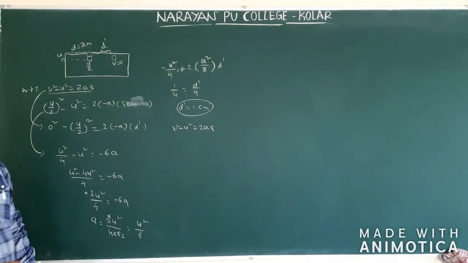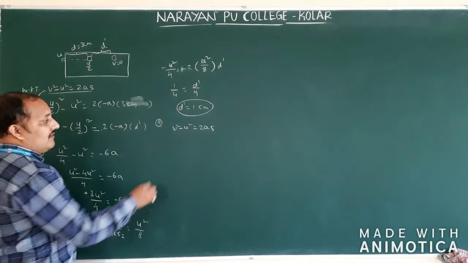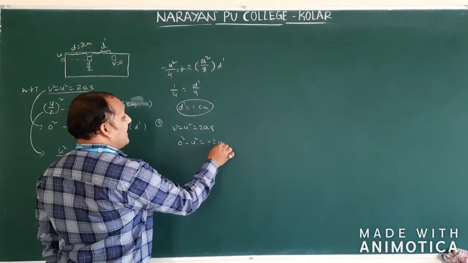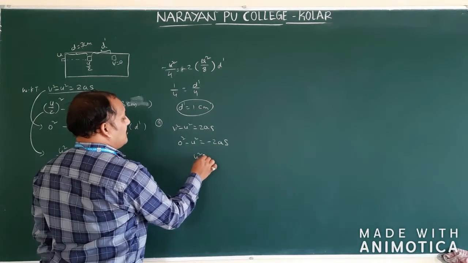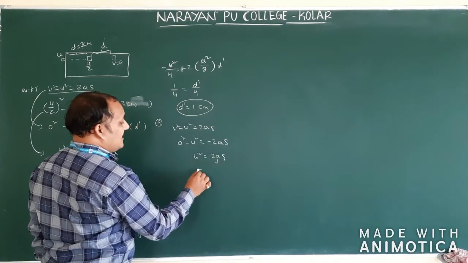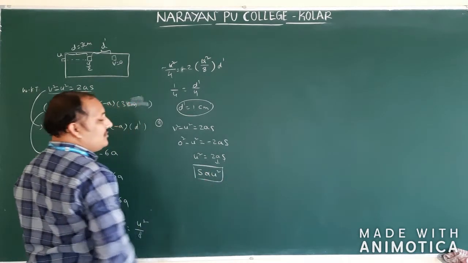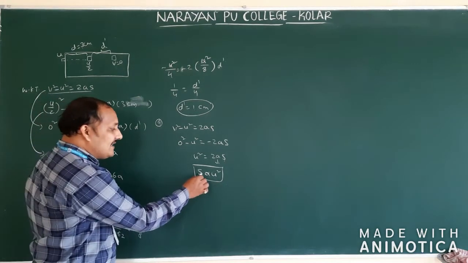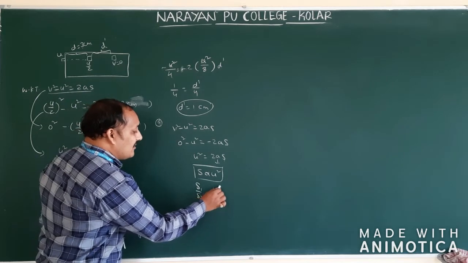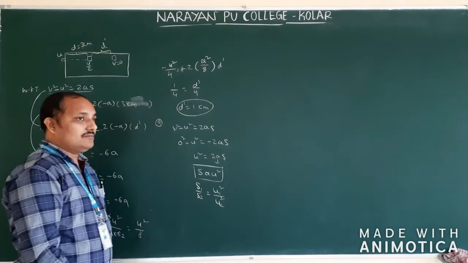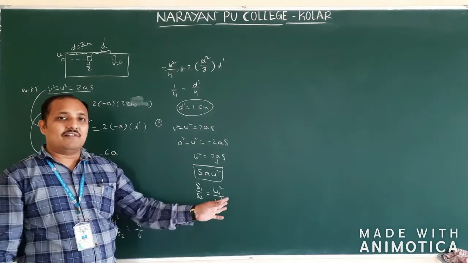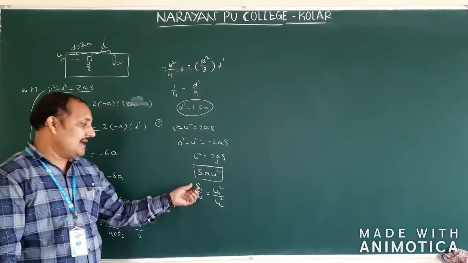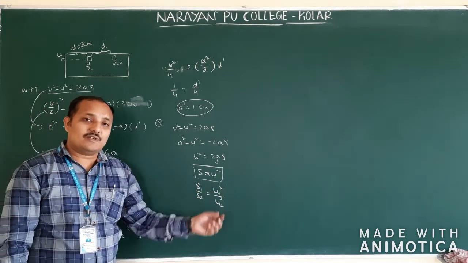Yes, this is which problem? Problem number 9. Final velocity 0 means minus u square equal to 2as. So final velocity 0 means a is also minus. Therefore, u square equal to 2as. So a is constant. S is directly proportional to u square. So this is the relation between stopping distance and velocity. So how will you write this relation means S1 by S2 is equal to u1 square by u2 square. So in 10th class Boyle's law, that means PV equal to constant. PV equal to constant means how they write P1 V1 is equal to P2 V2. Same like that. S1 by S2 equal to u1 square by u2 square.